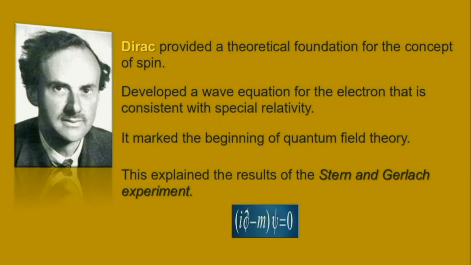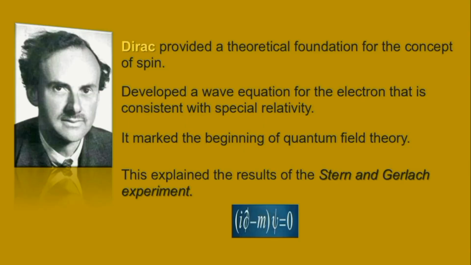Paul Adrien Maurice Dirac, an English theoretical physicist, provided a theoretical foundation for the concept of spin. He developed a wave equation for the electrons that is consistent with special relativity. It marked the beginning of quantum field theory. This explained the result of the Stern-Gerlach experiment, and we can see that Dirac gave a theoretical proof for intrinsic